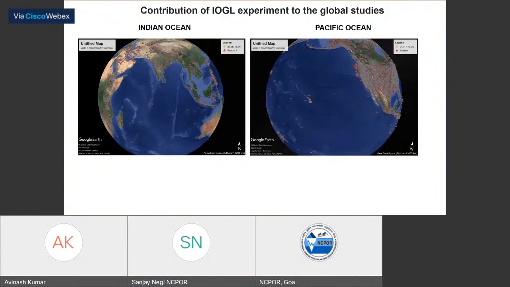The next slide is the contribution of the IOGL experiment to global studies. So what kind of contribution can this IOGL experiment make to global studies? As you can see in these two diagrams, it shows the seismological network over the Asian part and the African part. And all these red dots basically show the